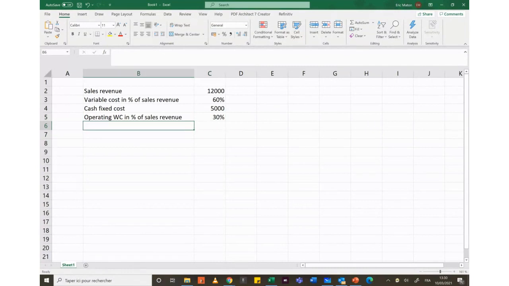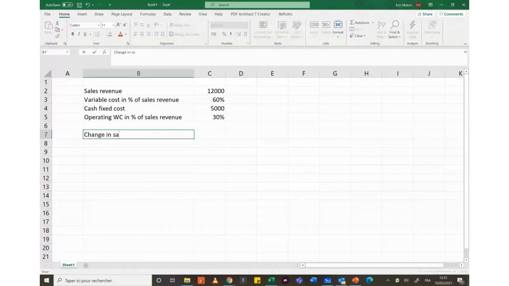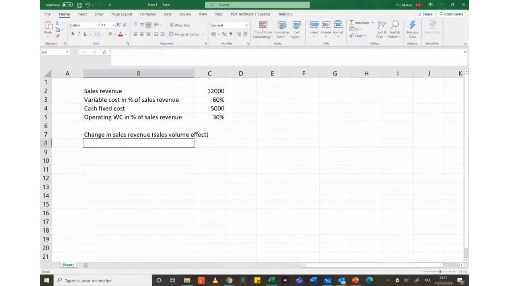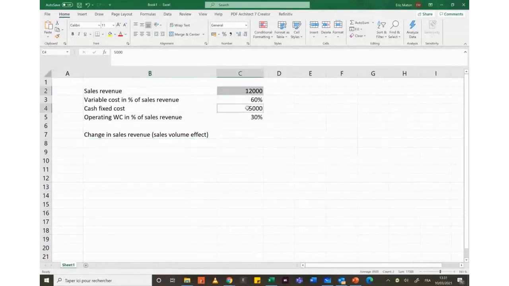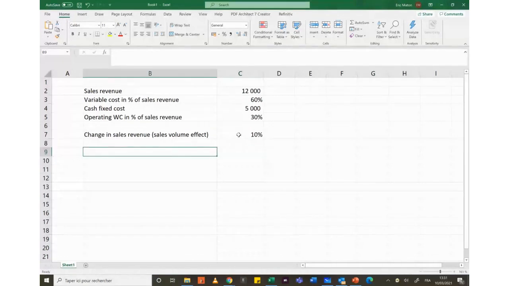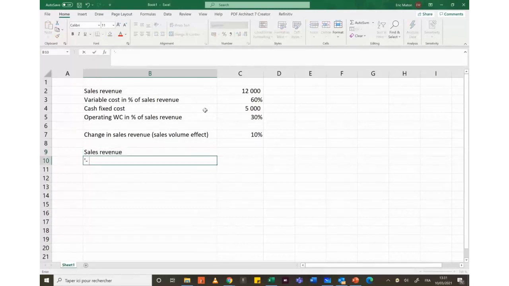And now we will calculate the operating cash flow in function of the expected change in sales revenue, with only the sales volume effect. So if we increase by 10%, what can we expect? The calculation here is without income tax. It's very easy. We use the sales revenue minus variable cost. So we have what we name the contribution margin,